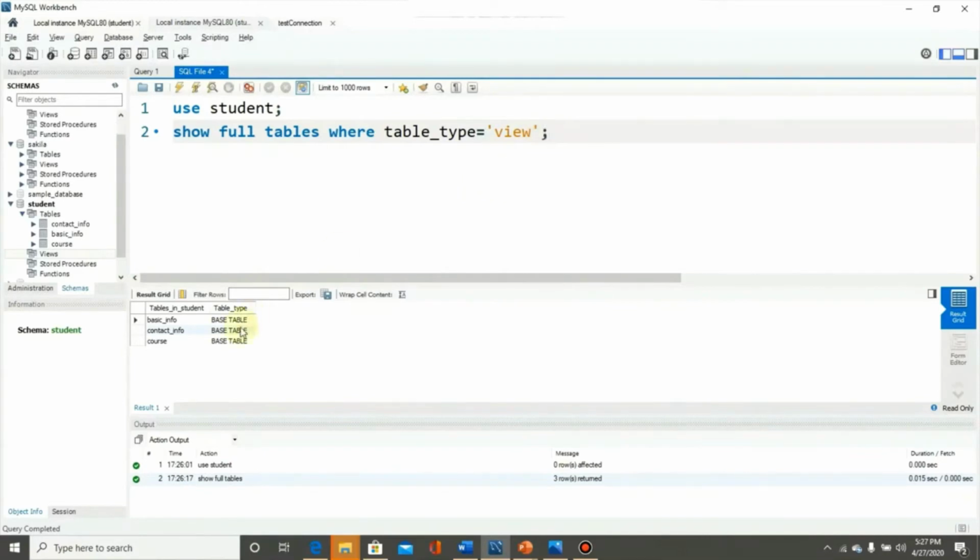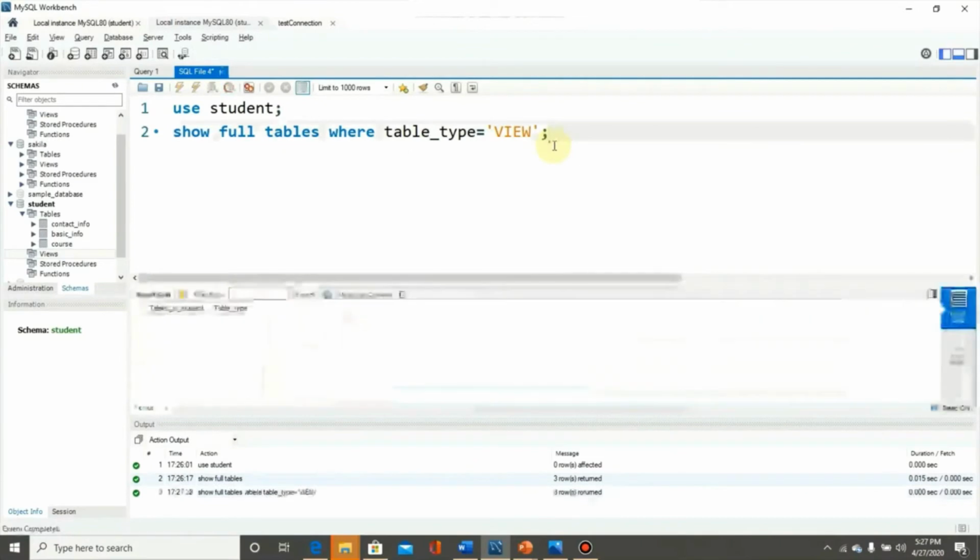Note one thing here: the table type has capital letters in its values, so the view will also be in uppercase. So we must type this view in uppercase. Control enter. Since there is no view, there is no value in the result.